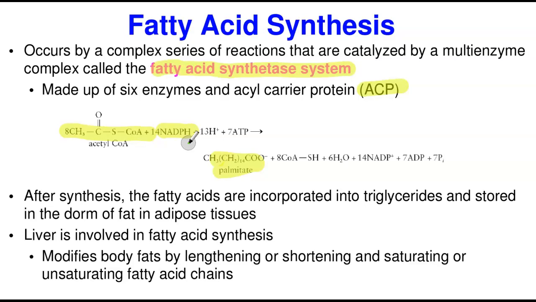The liver can also modify them more by what? Increasing the chain length. Usually the first one to be synthesized is palmitate. So palmitate can either be made longer by increasing the length of the chain, or can be shortened, if you need a shorter one like myristic acid or lauric acid. Or it can be saturated or desaturated using saturating or desaturating enzymes. So after synthesis, palmitic acid can undergo various modifications into different types of fatty acids. So that is as much as we can take in fatty acid synthesis.